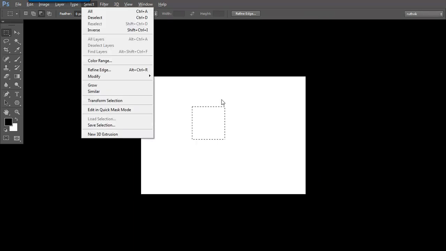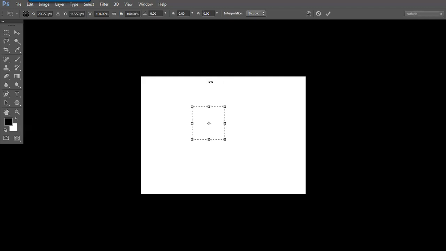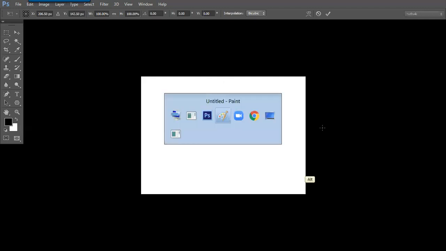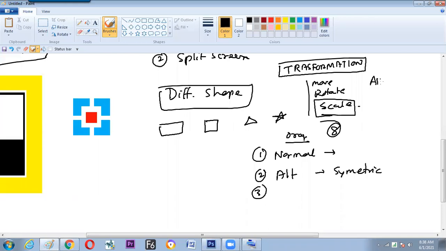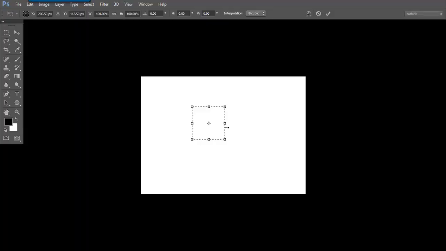Hello? Yes, sir. So S is the command for the selection menu, then hit the T button and find Transform Selection. Now we have seen how to activate this transform option: Alt S T, Transform Selection. Now Ctrl and drag. The time we move to the edge, it behaves differently. The time we move to the corner, it behaves differently. Escape. Again, a next keyboard shortcut we got to know.